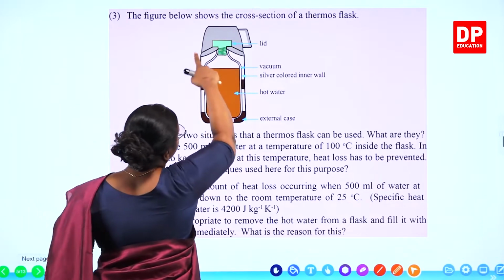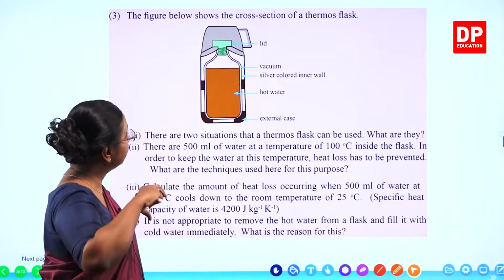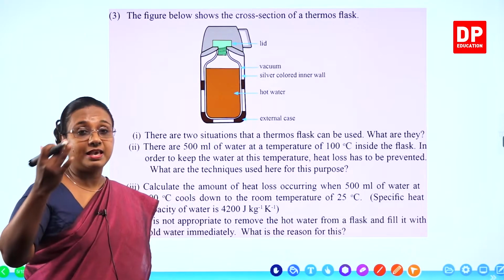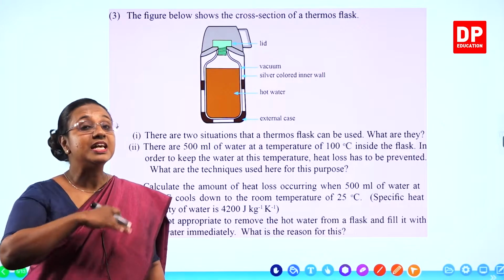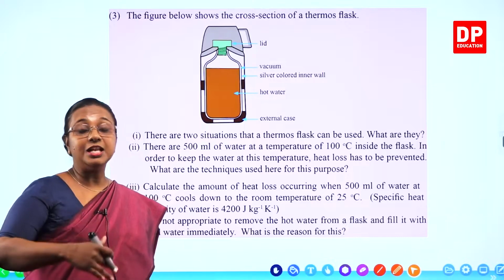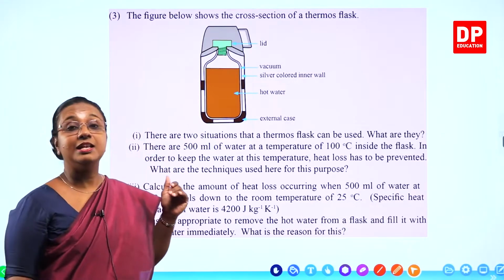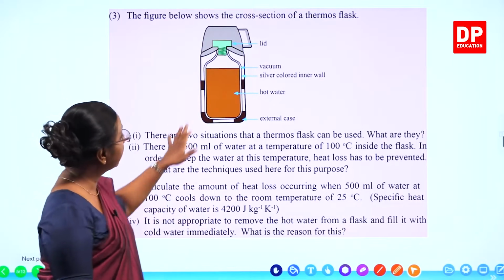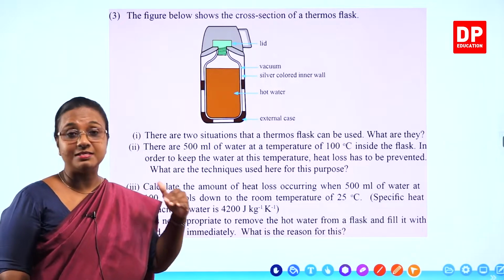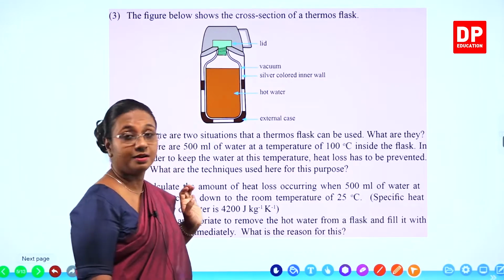And here again you can see the lid. That is again a plastic lid, and normally it is a very tight lid. So it doesn't allow any air to escape out. So it prevents the convection from taking the air, along with it the heat from going out. So by doing all this, we prevent the heat loss to the environment, so that here it is hot water, the temperature of the hot water will remain the same. Or to retain the heat of the hot water, we have this thermos flask.